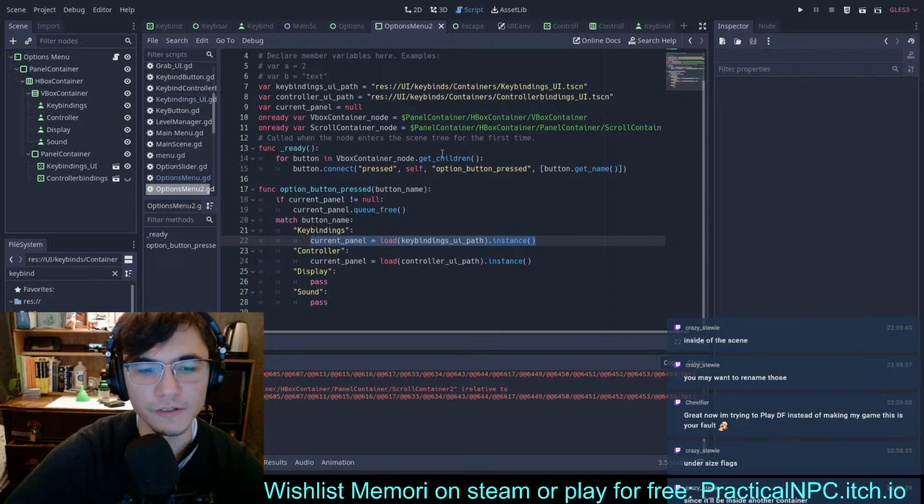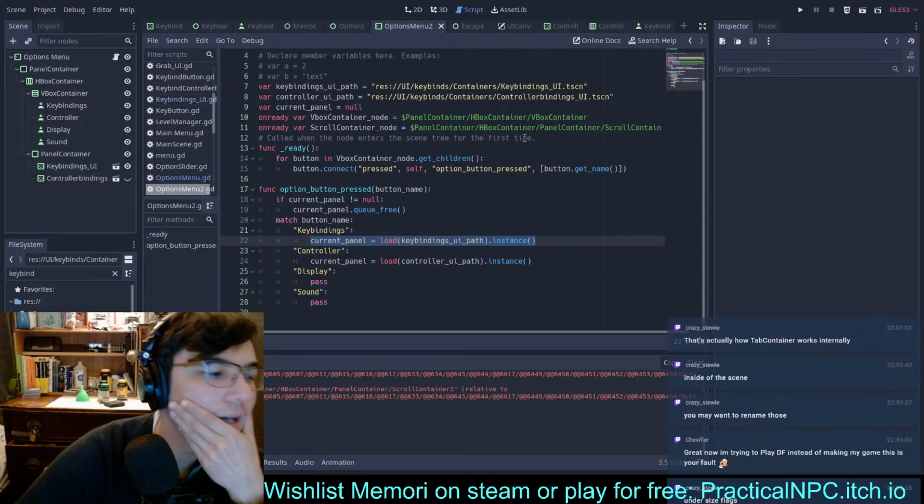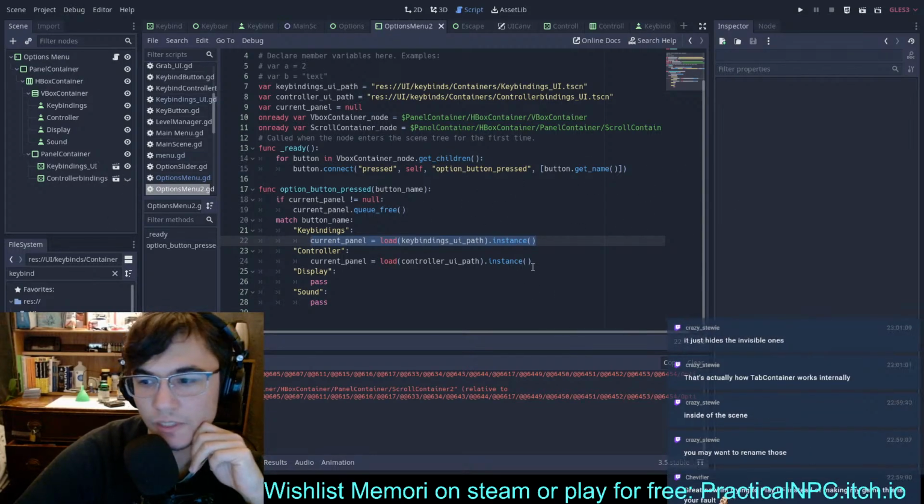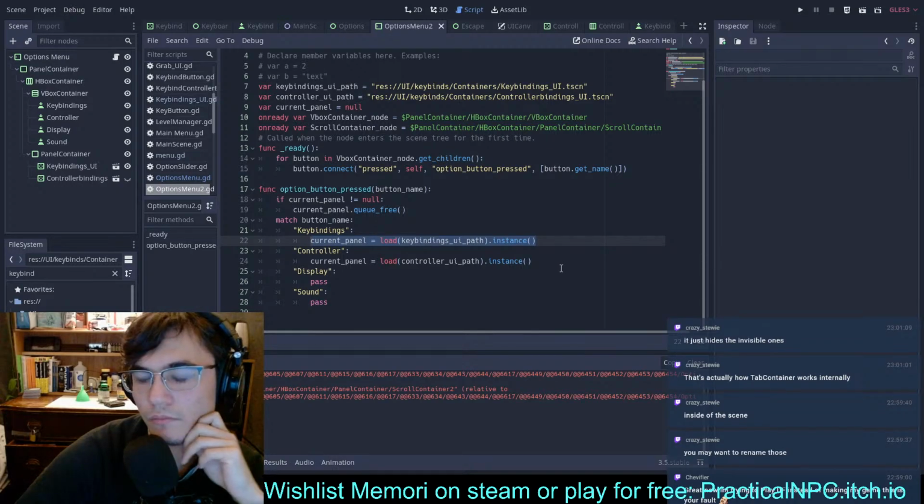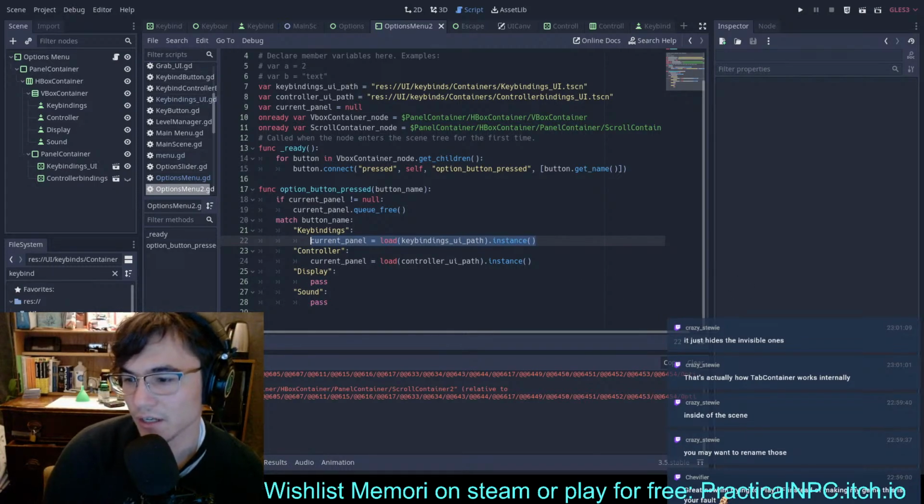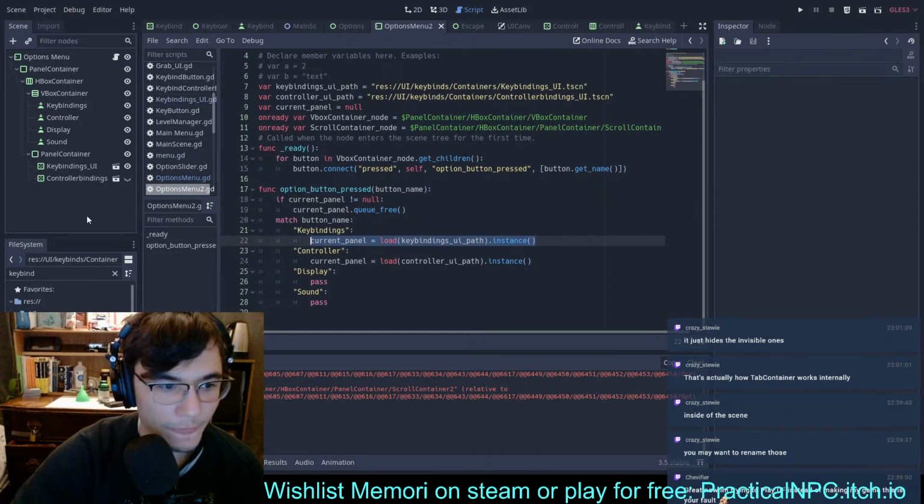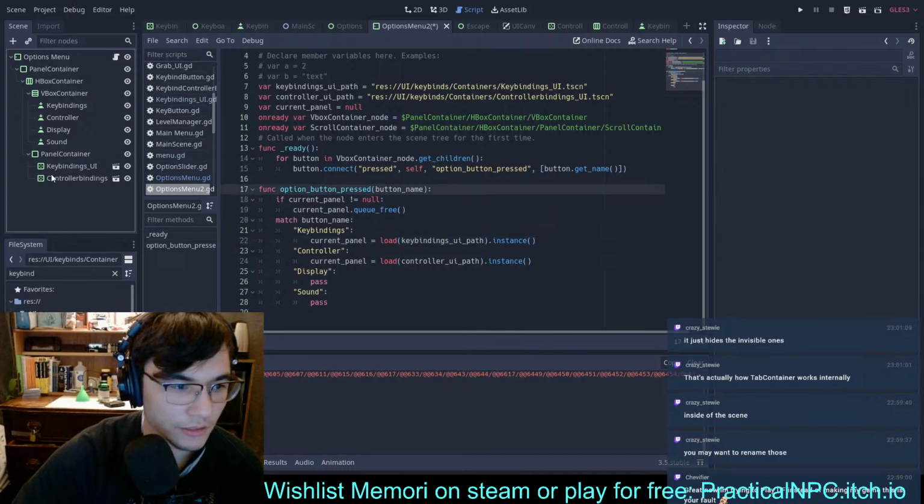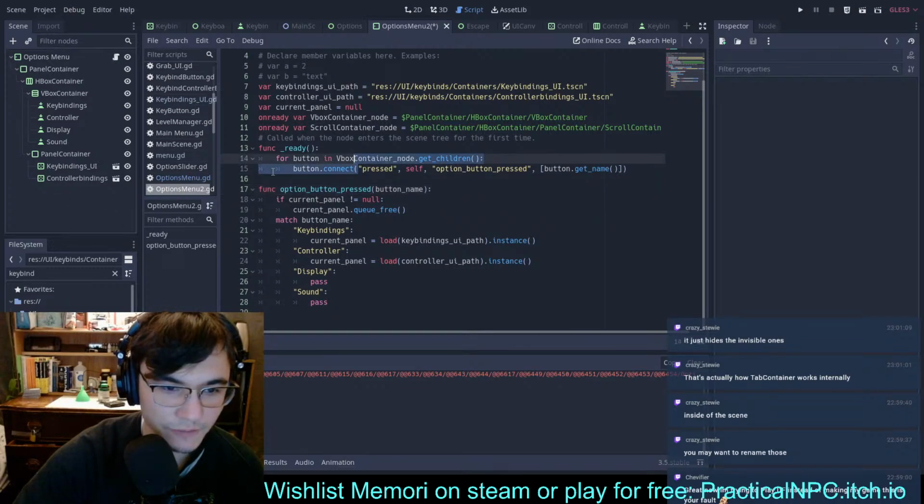I'll still grab the current panel, I'm thinking. And we'll just say to hide whichever one is our current one. That's how the tab container works internally. It just hides the invisible ones. I see. We'll do it this way for now since we already have it set up. So this is all we have. Let's grab, by default, we'll say